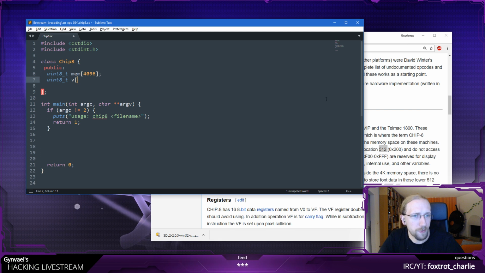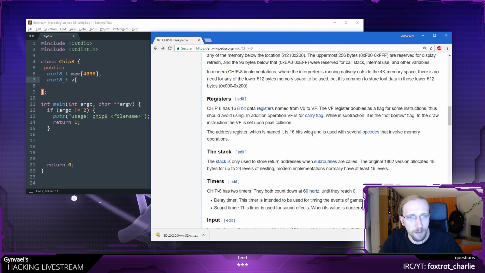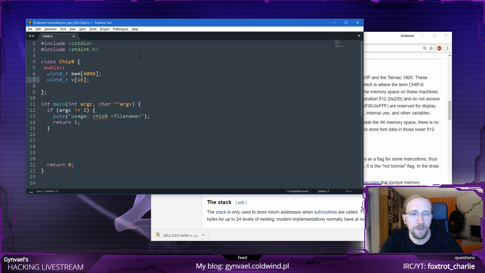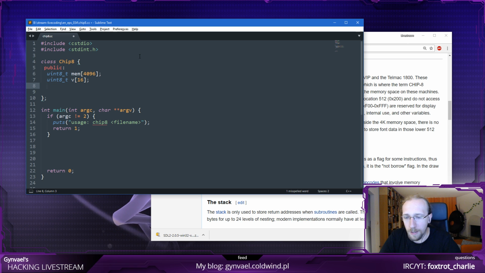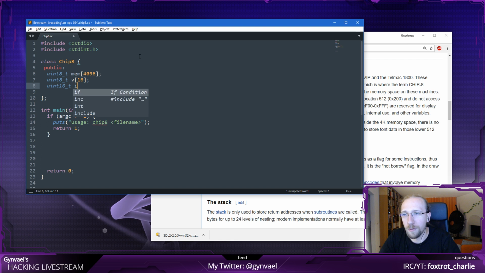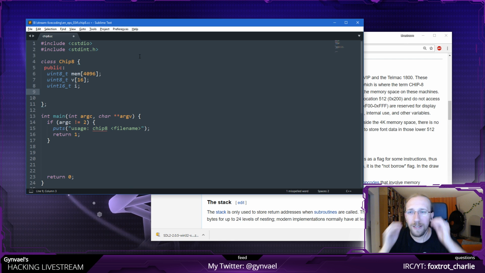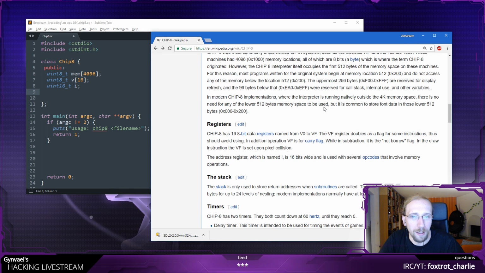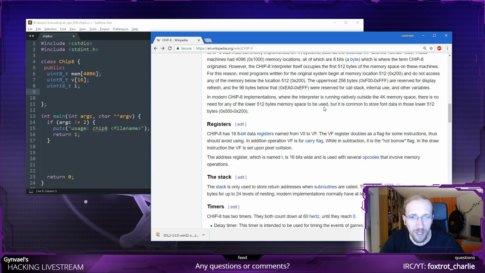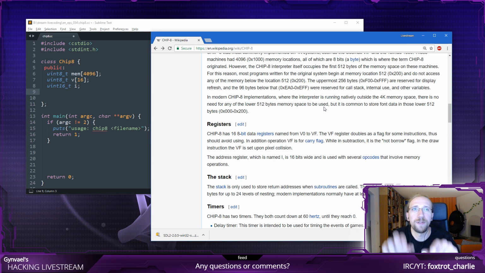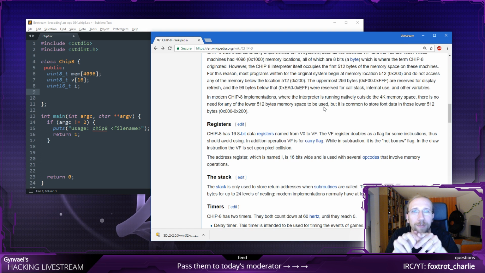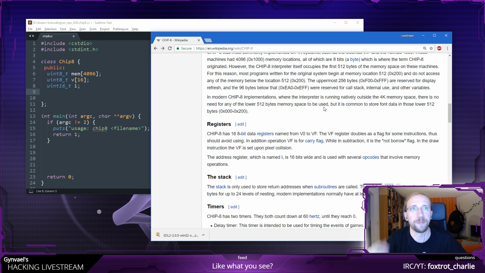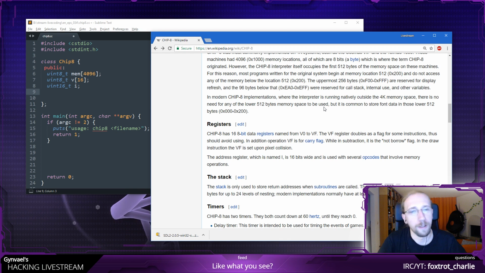So V was what they are using for register, right? Instead of R, which you usually use, here they use V. And I know there are 16 registers from 0 to F. And I know there's also a 16-bit register called I, which is annoying because I is usually your iterator, but okay. I expect some nasty shadowing to happen. Shadowing is if you have a local variable which is named the same way as some higher level variable, for example a class field or a global variable.